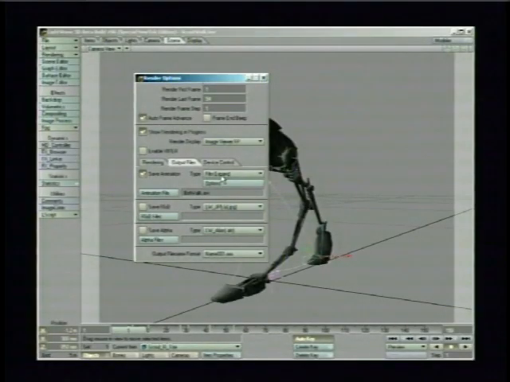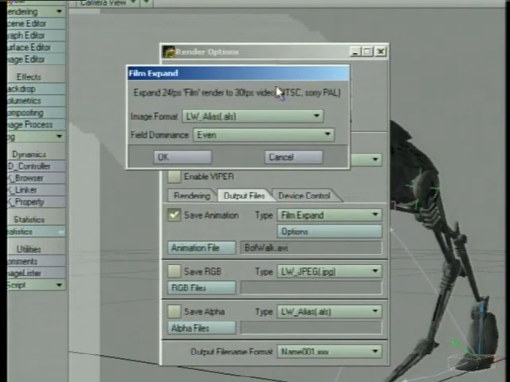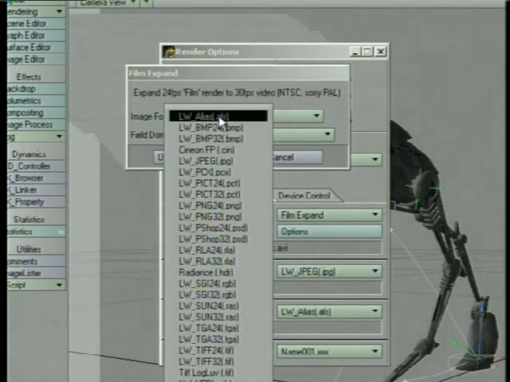Okay? So what we want to do here is we choose the Film Expand, then click on Options, and you can see that the options here are going to ask you what image format you want to save out and what your field dominance is. So if we choose our image format, you can see it gives you all the regular formats here. That's because even though it's an animation saver, it's going to save out a sequence of frames. And it has to be an animation saver so that it can get multiple frames in a row to compress those together. Okay, so you choose the frame you want, Targa or JPEG or whatever it's going to be,